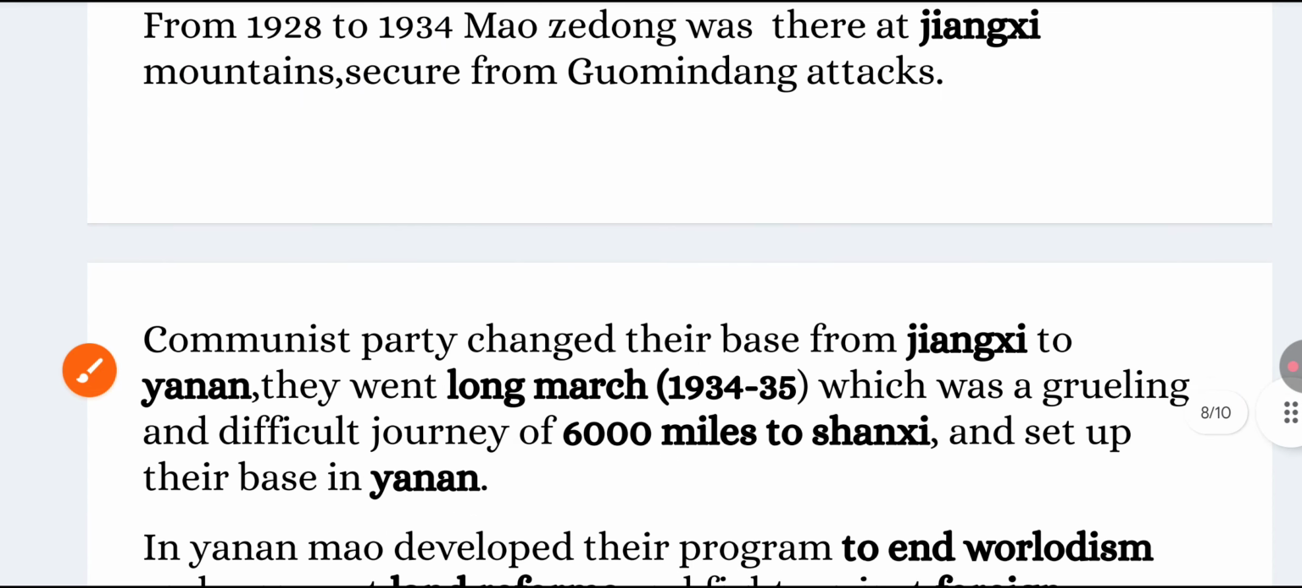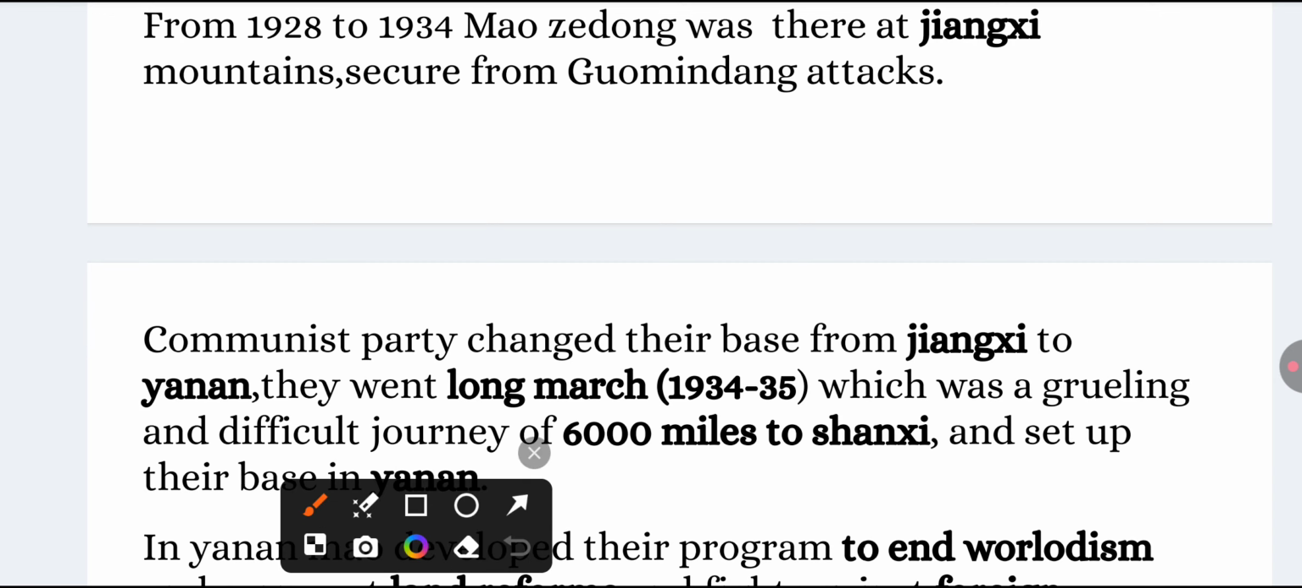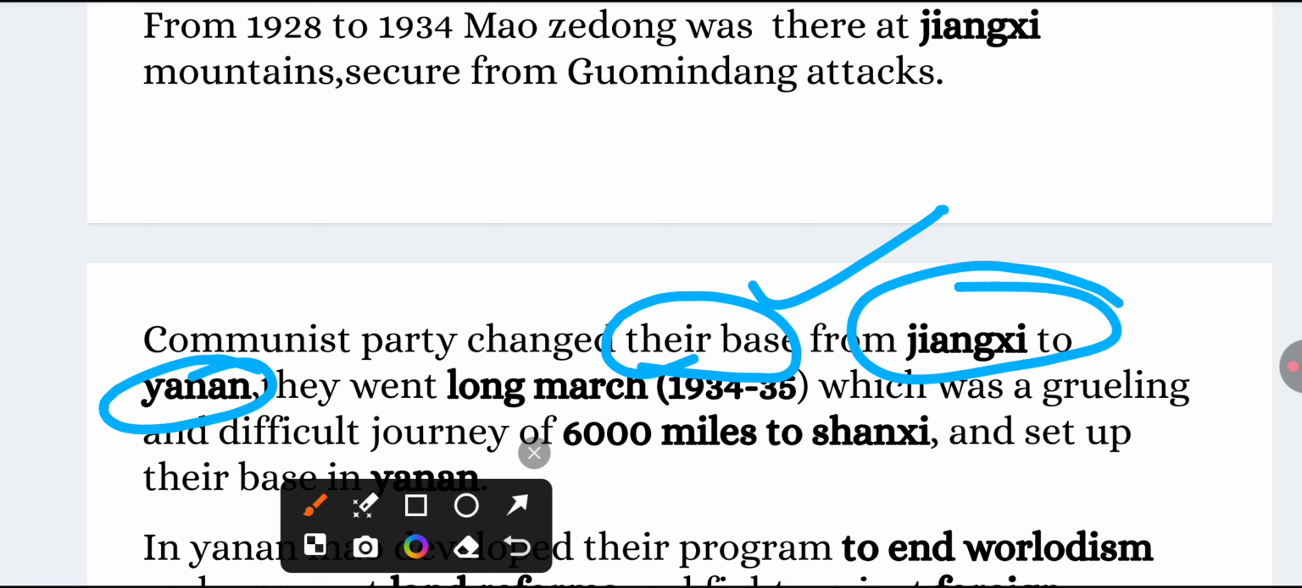After 1934, Communist Party leader Mao Zedong changed their base from Jiangxi to Yan'an. So they went on the Long March from Jiangxi to Yan'an. The Long March means a fast march, what we call padayatra. They went on the Long March in 1934 to 35, which was a grueling and difficult journey of